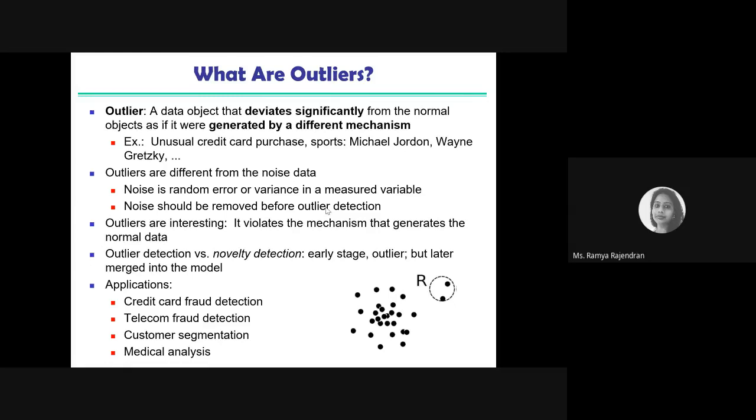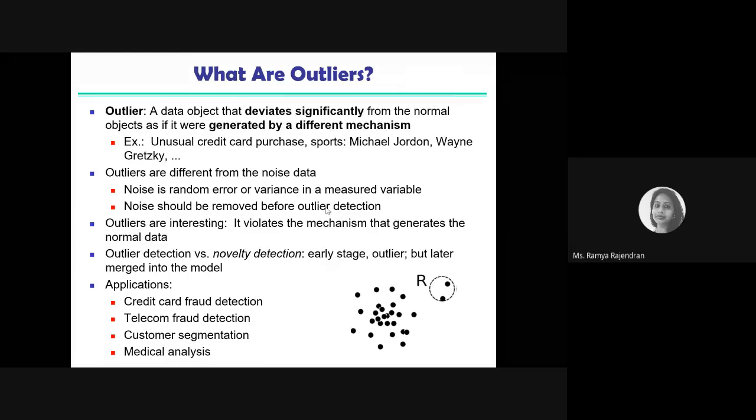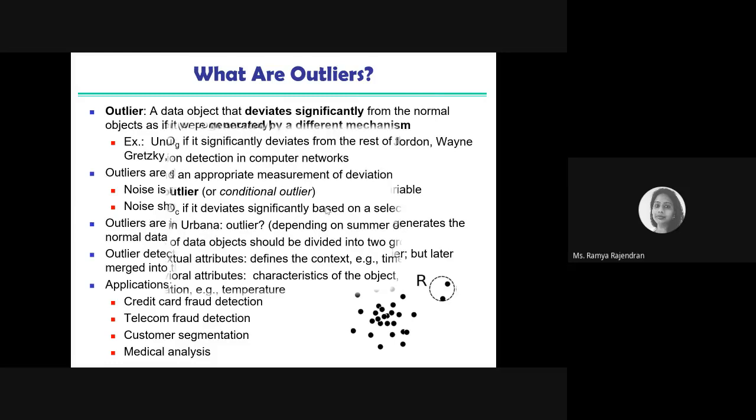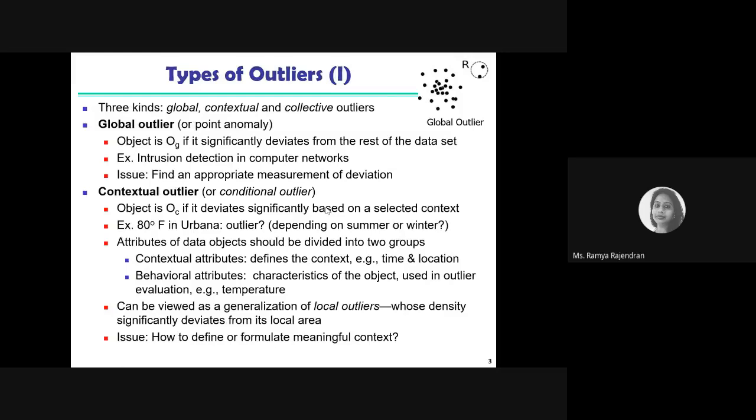So what is the real use of detecting it if you are going to keep it in the model? You still have to detect it and understand that there is an outlier, and then you can include it in the model, so that you know that this kind of condition may occur. As I've said, it is applied in many areas, from insurance and BFSI to pharmaceutical and medical analysis.